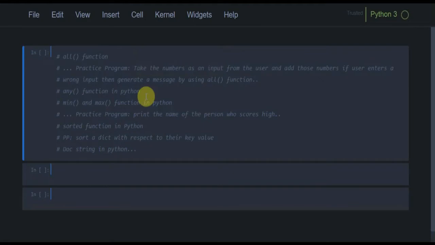Hello guys, welcome. In today's video, we are going to talk about some functions which are used in Python. So first let's talk about the all function. The all function is used to check a certain condition in all atoms present in a list. First we will discuss the basic syntax of the all function and then we will be moving towards its